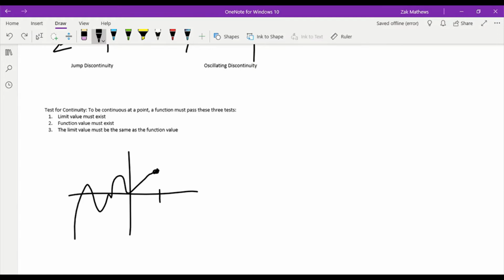Try and make that match up. We'll give that a value of 1, that a value of 1, and then restarts down here at 1. So if we're to go through the tests, does the limit exist? Well, right away we see no. We have the two-sided limit failing to exist, because if we were to look at the limit as x goes to 1 from the left, and we'll name this function f of x,